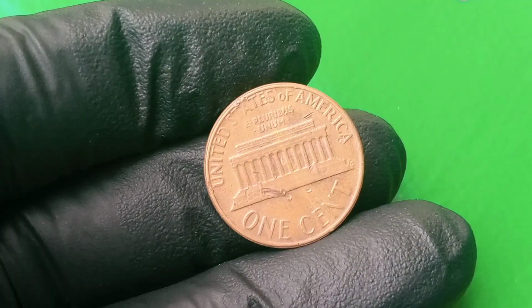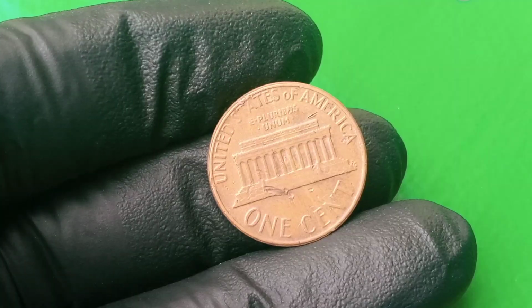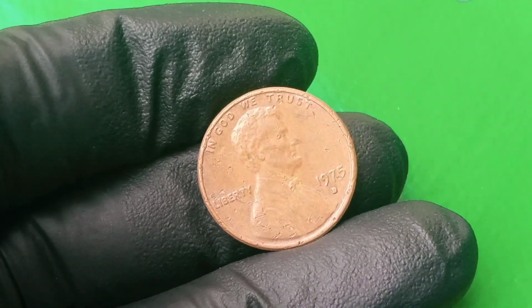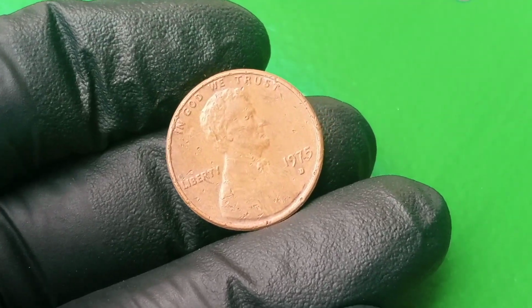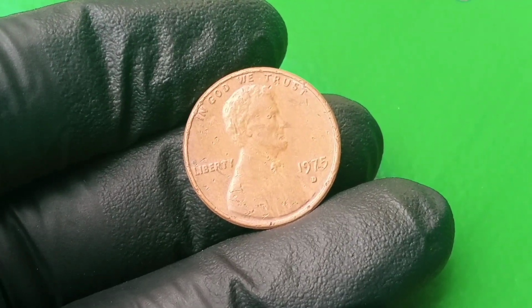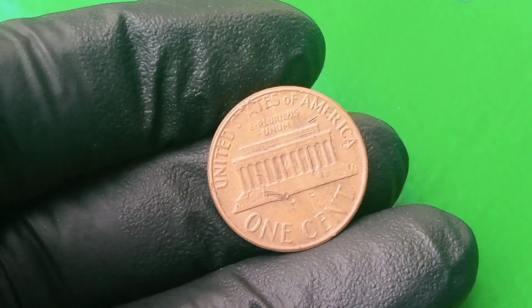And the investment appeal of such a coin goes beyond its numismatic interest. It becomes a tangible asset, a piece of history, and a conversation piece that combines art, history, metallurgy, and economics in a way few other objects can. As we imagine the journey of one of these rare 1975 D cents, from the moment a blank planchet, perhaps intended for another coin, accidentally found its way into the presses at the Denver Mint, to the strike that imparted its doubled, off center or otherwise flawed design,